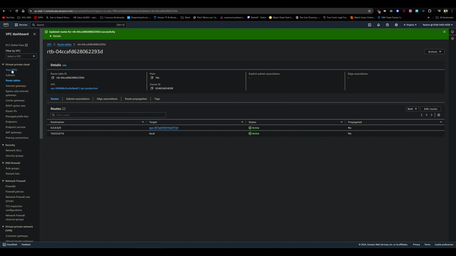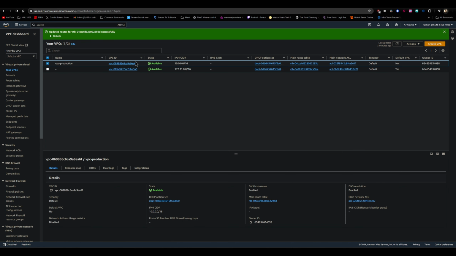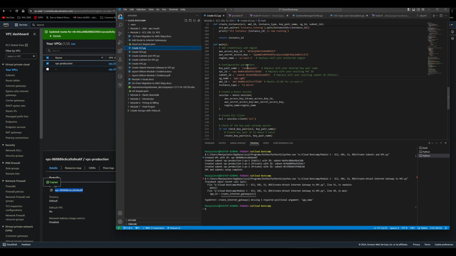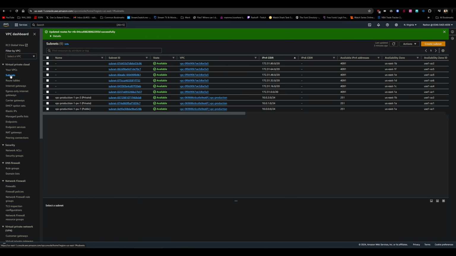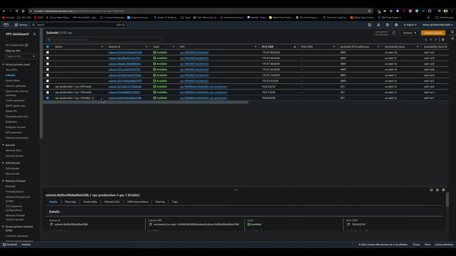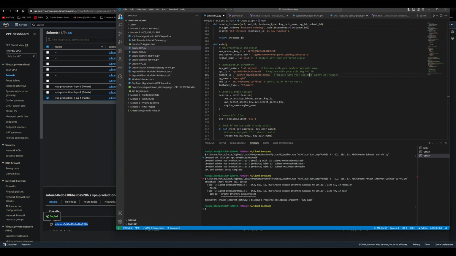So we want to make sure that our VPC is filled in correctly. So we're going to copy this and throw it in where it says the VPC ID is going to be. And then again, here we want the public subnet. So that would be this. Copy that, and we will throw that in here. This is the security group that we wanted to make in the GUI there,